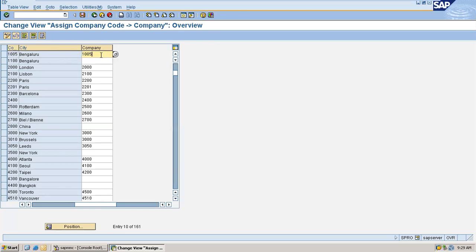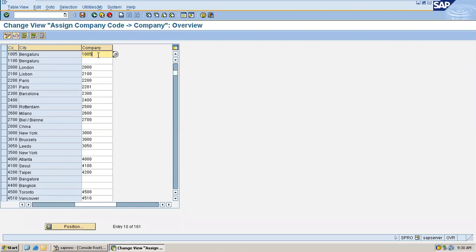This is the relation. So when you take the tree, business tree or hierarchical structure of business, company is the highest org element, right? Under that you will have company codes. One company can have multiple company codes, correct? Let's say I have company 1005 and also company 1006. If I assign 1005 company code to 1005 company, can I assign this to 1006 company?